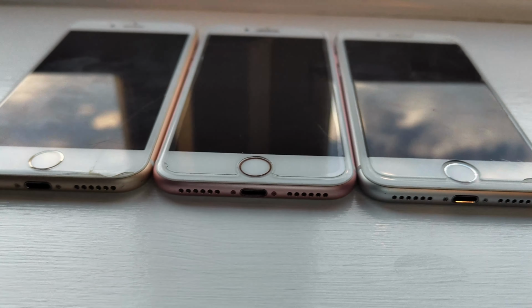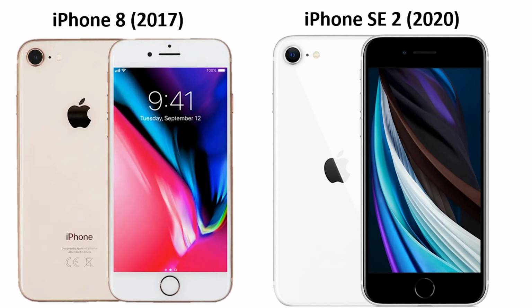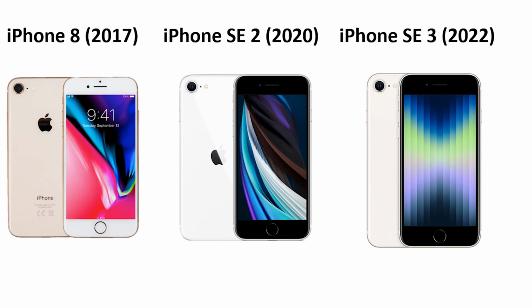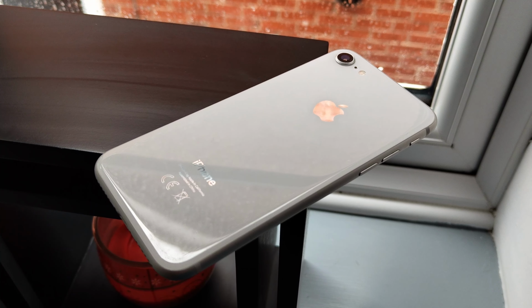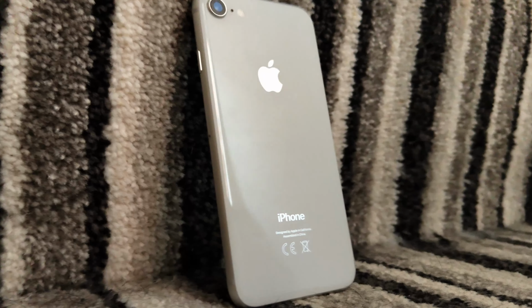But although this design is old, it is still being kept modern with the release of the iPhone SE2, which was released in 2020 and uses the exact same design as the iPhone 8, except for the fact that the Apple logo is in the middle of the phone to keep up with the current iPhones. And then there was also the iPhone SE3, which released in 2022, which has the exact same design as the SE2, and that phone has the same design as the iPhone 8. So although this design is really old, it's still being kept modern